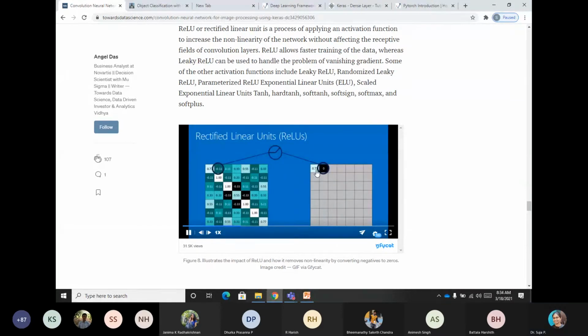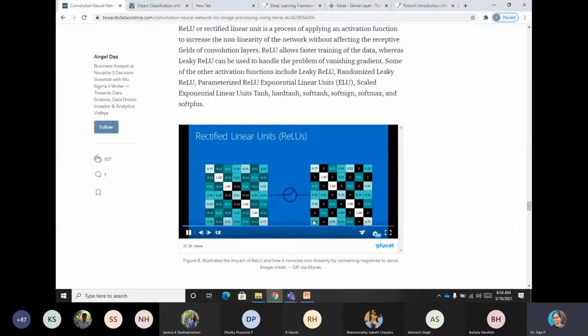And when you have multiple zeros, then it actually appears like a sparse matrix. So we can actually reduce the size. When we have sparse elements, we can reduce the size.